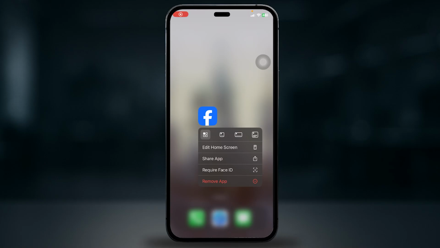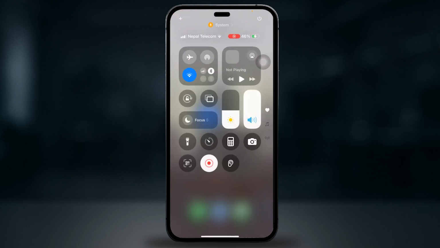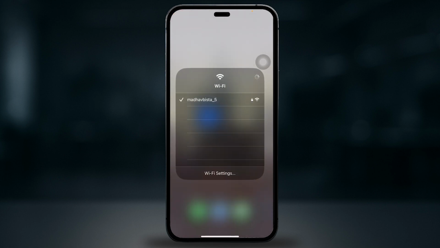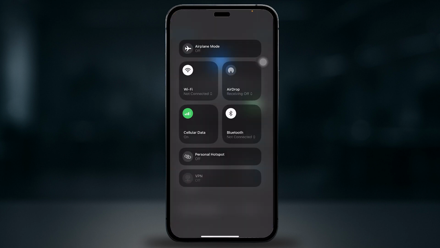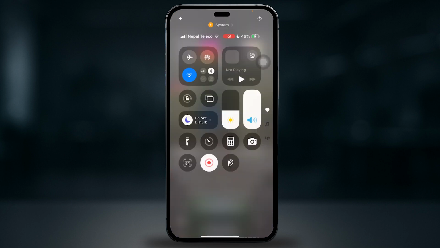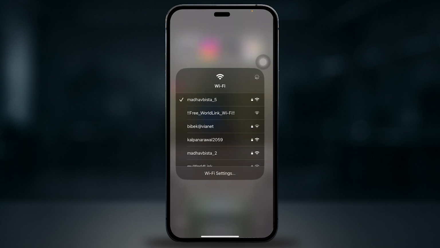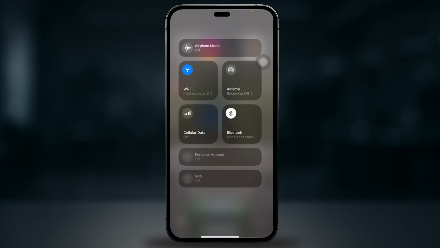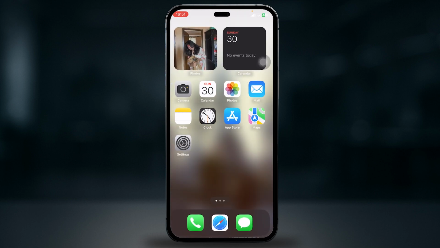Hey everyone, welcome back to another YouTube video, and in this video I'll be showing you guys how to fix Facebook app stuck on loading or spinning circle. First of all, try switching between networks. Switch between Wi-Fi and mobile data to see if it rules out network issues. Then try connecting with a more stable network so the app runs smoothly and it won't be stuck on loading